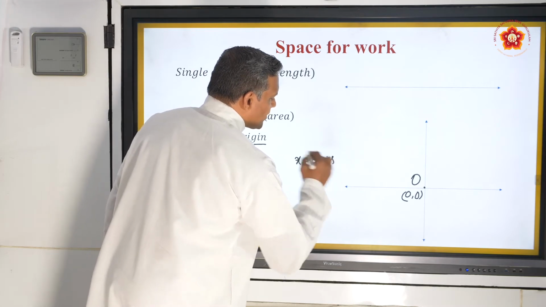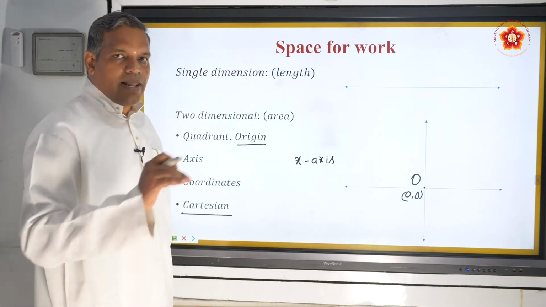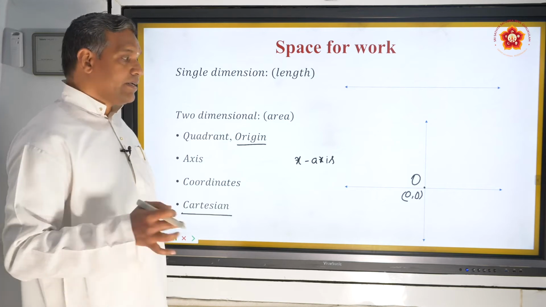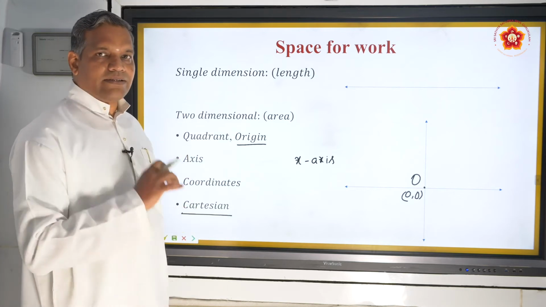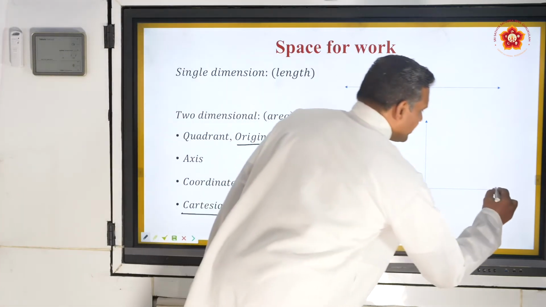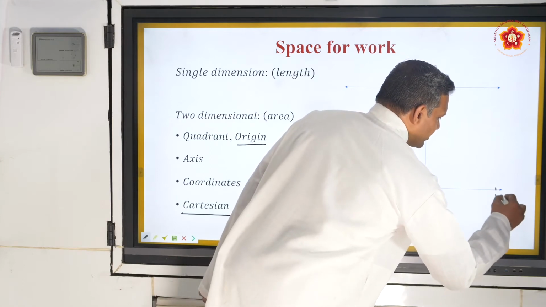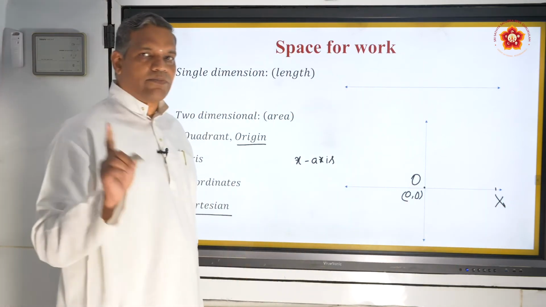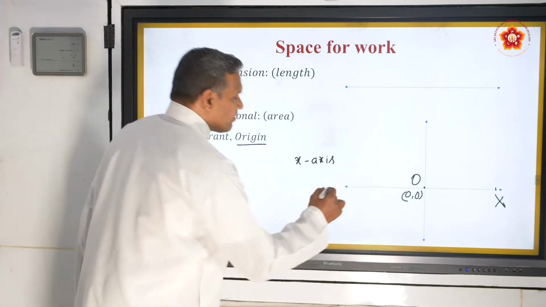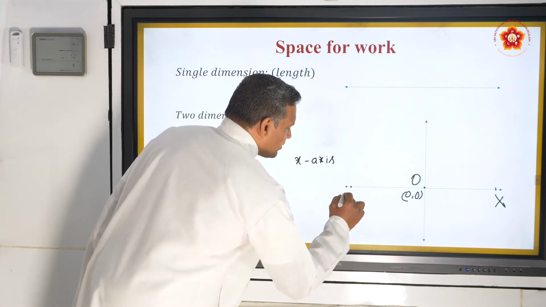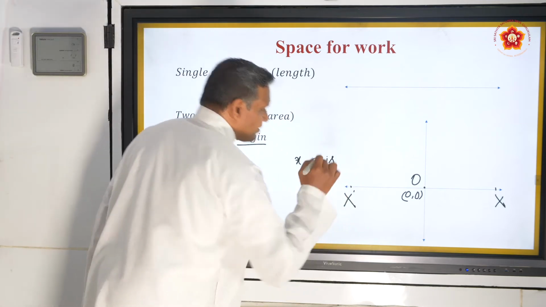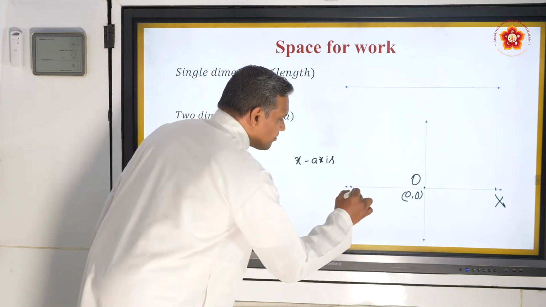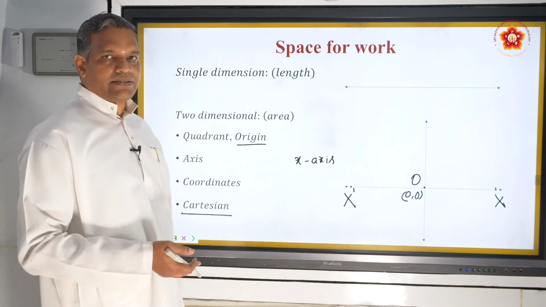And then if I call this axis, I call it the small x axis. That is the name of this particular axis. What is the name? Small x axis. But if I have to represent points on that, then if I come to the right side, I have to always call it capital X, never a small x. When I come back to the left side, I should write it as X dash, one small slash on top of the X. That's how you call it, X dash.